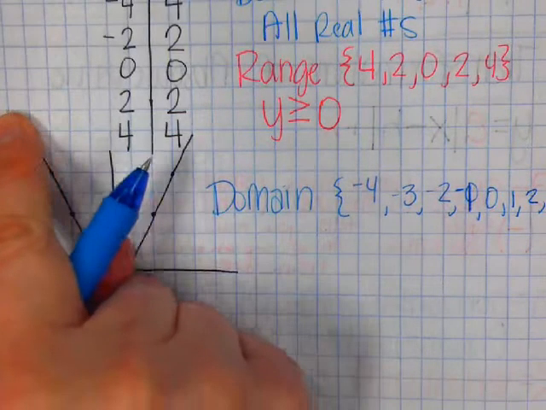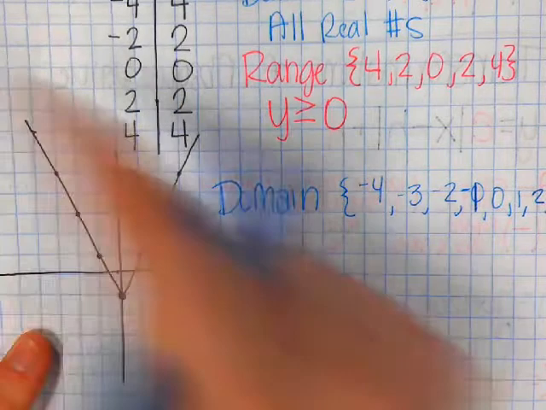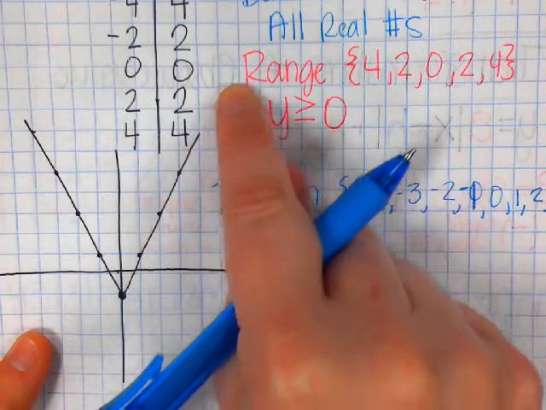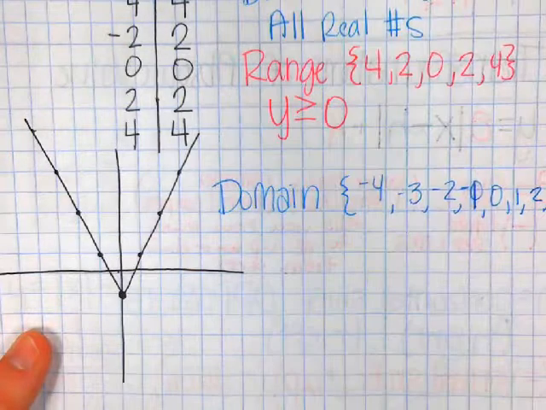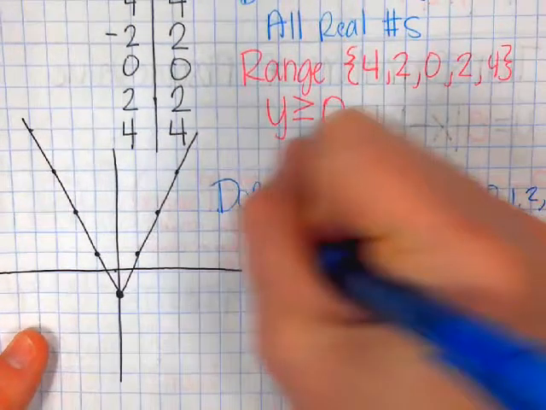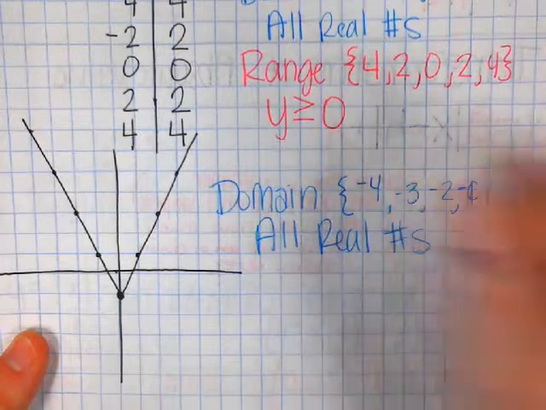But is that all the graph would go? Would this keep going? Could I have a -5 as my x? Could I have a -6? A -7? Could I have a +4? A +5, a +6? Could I have a +100? You could. So again, the domain is all real